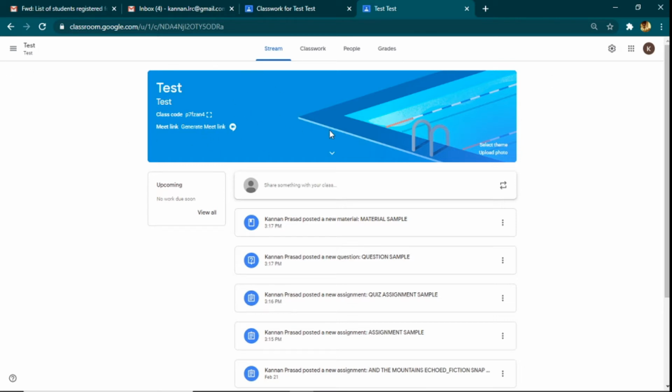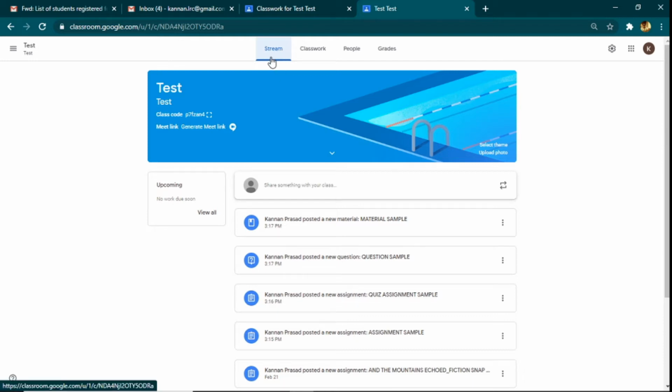Now this is the teacher's page. This is my page, and it would look the same way to you as well. First I'm going to show you the basic features of Google Classroom. Then we will move on to looking at specific things I'd be expecting from you. So you have 4 tabs at the top. Google Classroom works in one manner, I will get to that a little later, but this is the Stream tab.